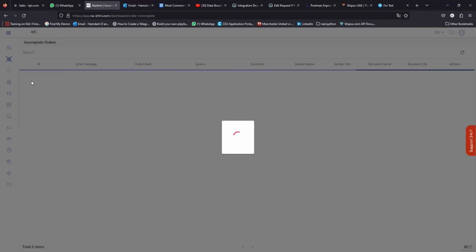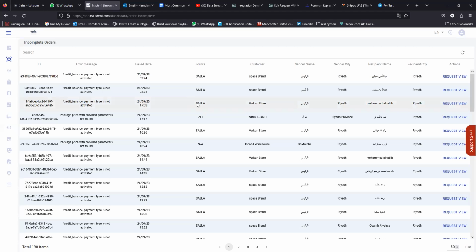This is basically a user interface log for the client, so the client can come and see. Usually we shouldn't expose this to the customer, but it's fine. Let's give it time to load. In the incomplete orders, they can see why certain orders from Sala, Zid, or any other integration are not being pushed. As you can see, look at the source: Sala, Sala, Sala. That means these orders didn't come to the system